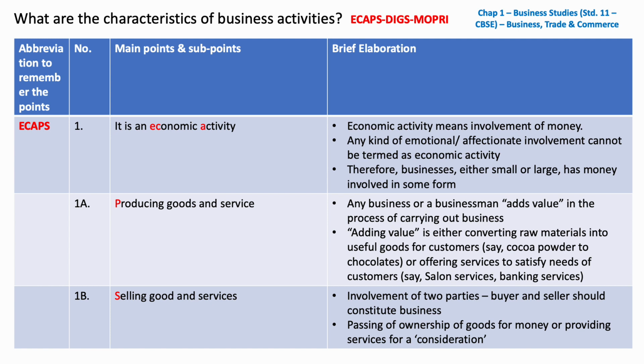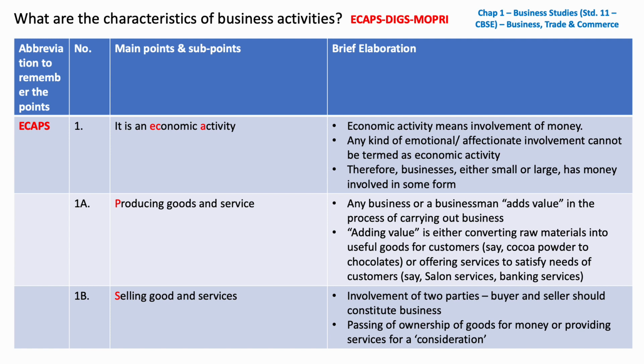So while you're producing the goods and services, it's not just producing and keeping it with you. You have to also sell the goods and services. So there has to be an involvement of a buyer and a seller. The natural elaboration of this point is that there is an involvement of two parties, buyer and seller, on both